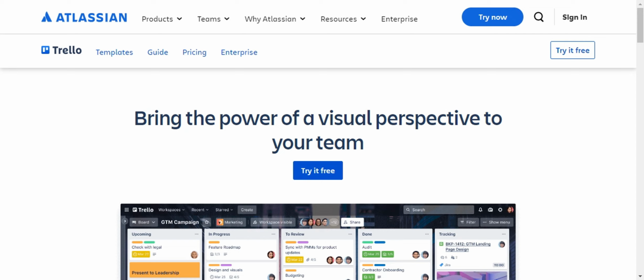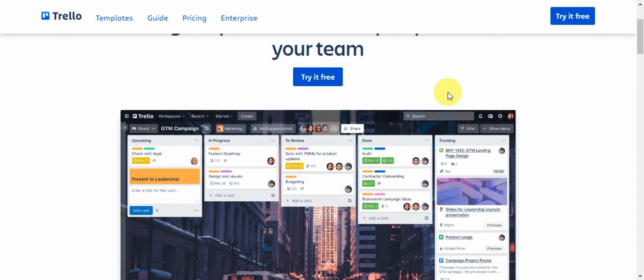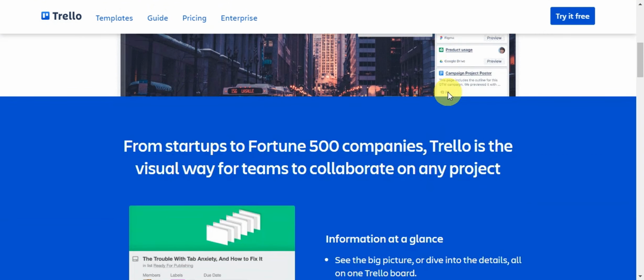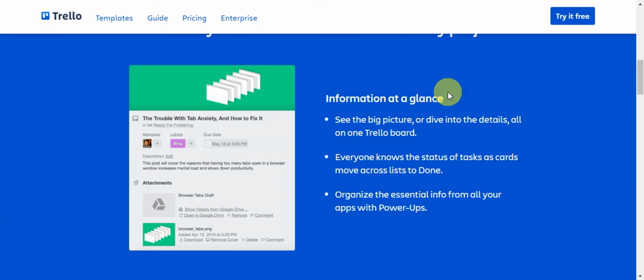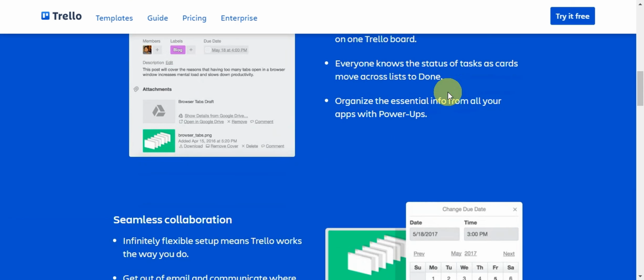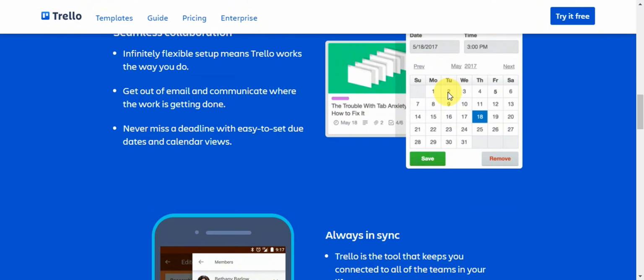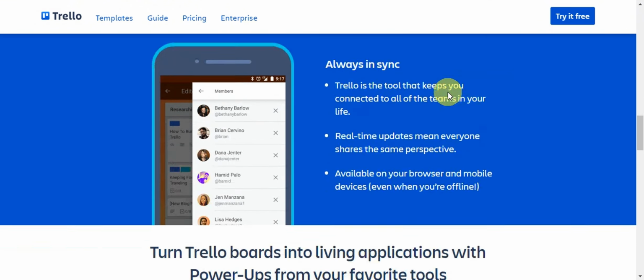And if you're not familiar with Trello, it is actually a web-based project management and collaboration tool that uses boards, lists, and cards to help you organize and prioritize your projects in a visually appealing and flexible way. So this is designed to be intuitive and easy to use, making it suitable for both personal and professional project